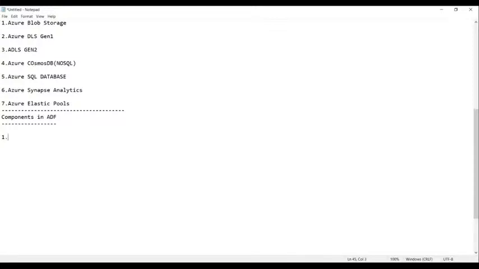The entire story in ADF depends upon the following. The first one is called pipeline, which we can also call data pipeline.